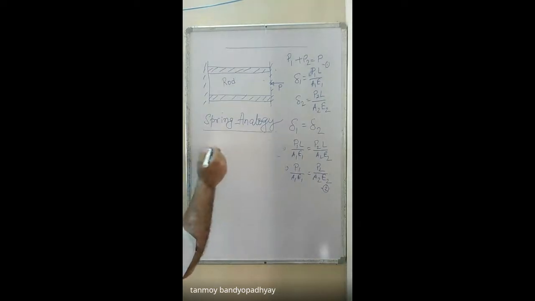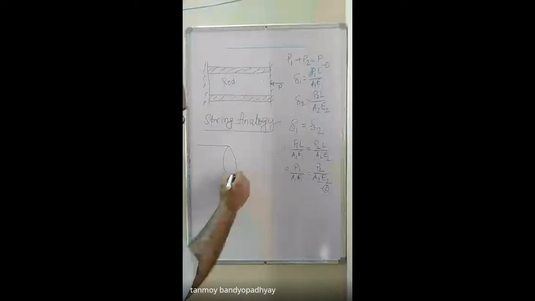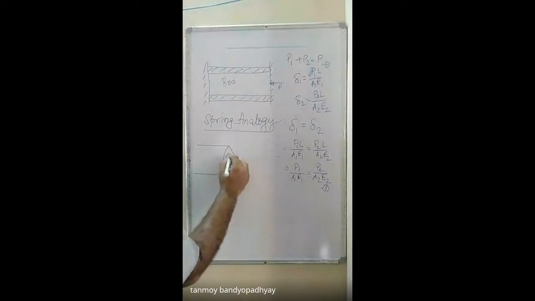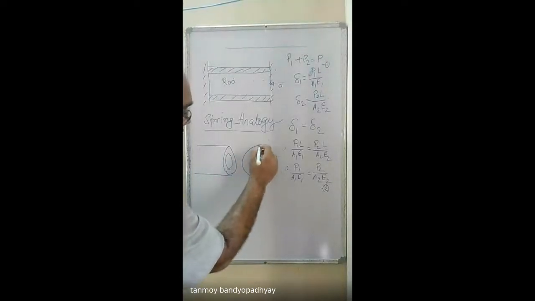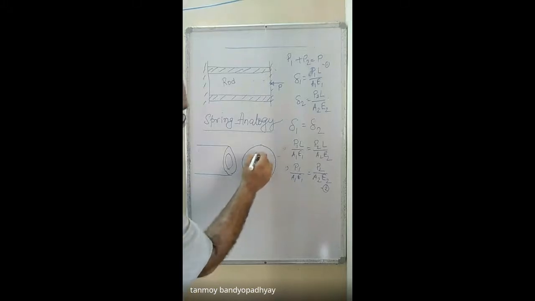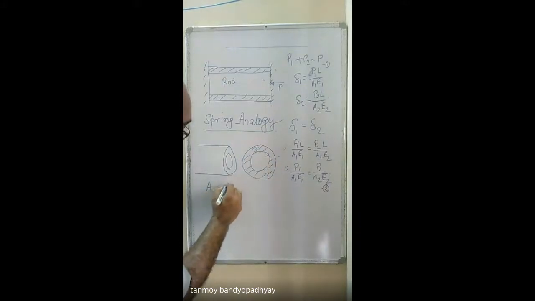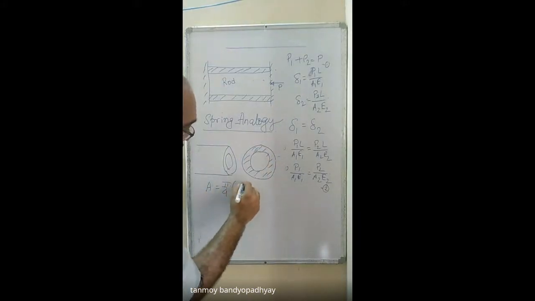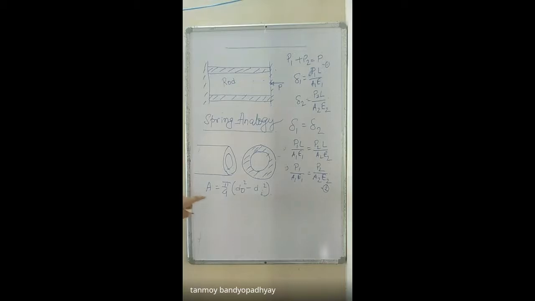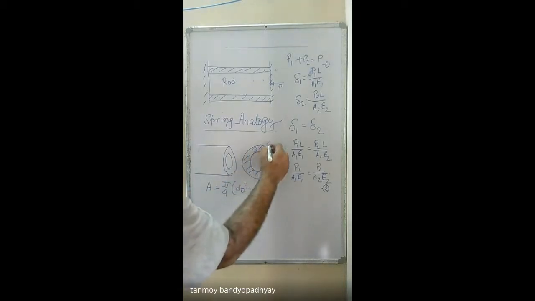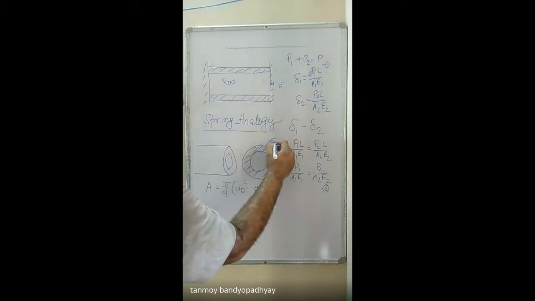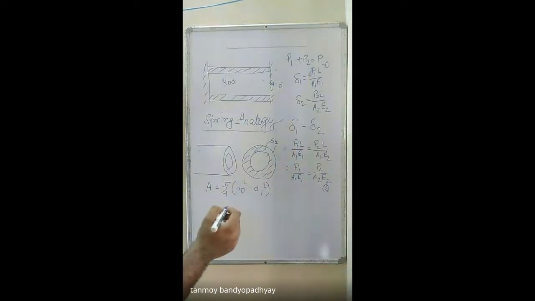the thing that he is asking is, we are having a thing like this. If I draw the front view, and the side view here, I should be getting something like this. So this is the tube part. The cross section that you are getting is pi by 4 into d outside square minus d inside square. Okay? So the internal stresses are set up on this portion. So force is acting. You should be having certain internal forces being set up on this portion.